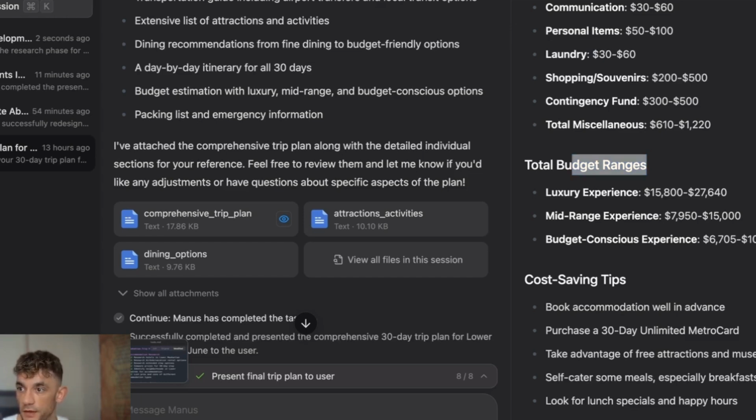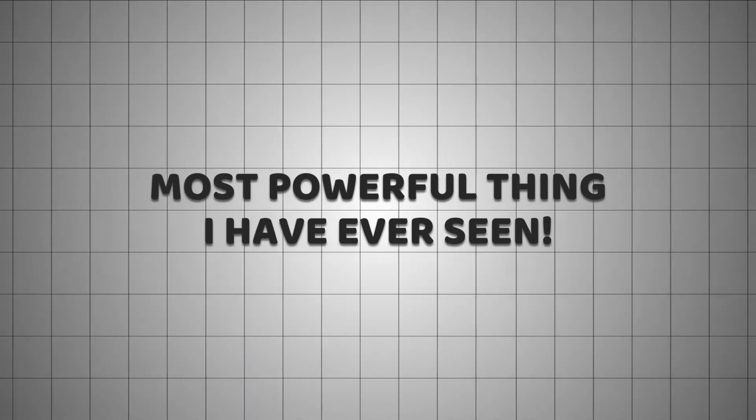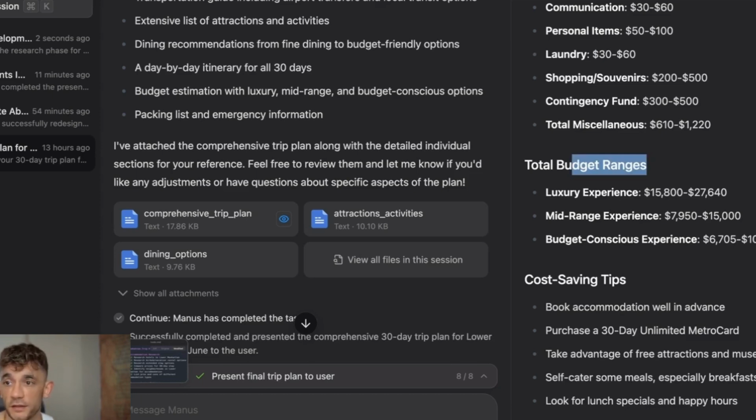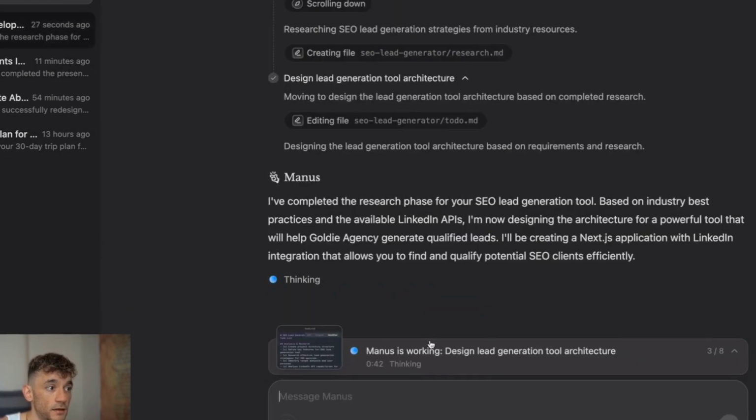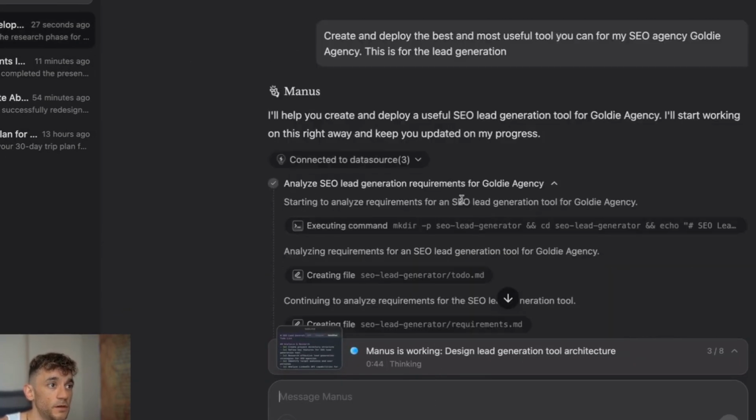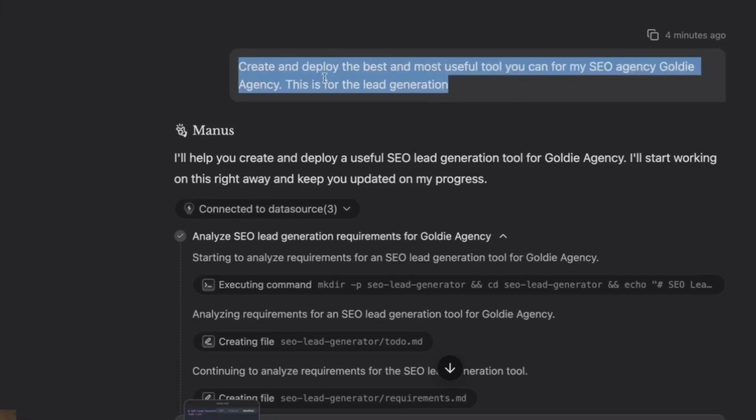What else we got? Yeah, Kyle says this is the most powerful thing I've ever seen. I would agree with you there. I think it's absolutely wild how good it is. It's unbelievable how actionable and practical it is. And for example, here we can just say go off and do this, and it